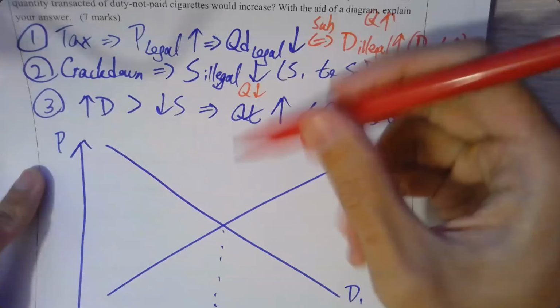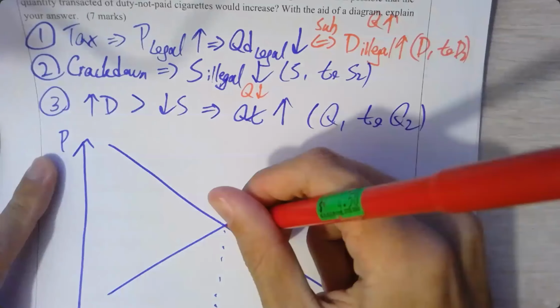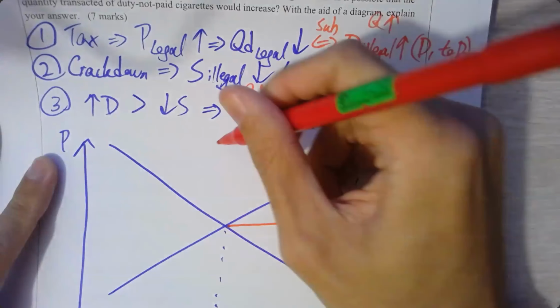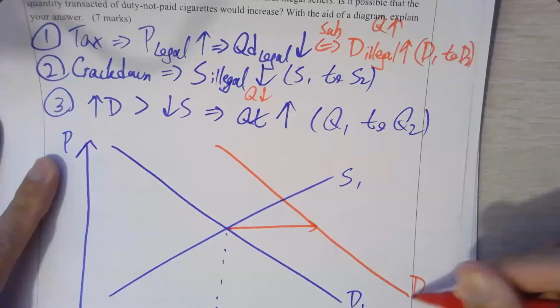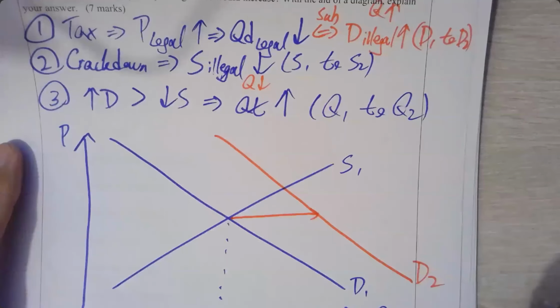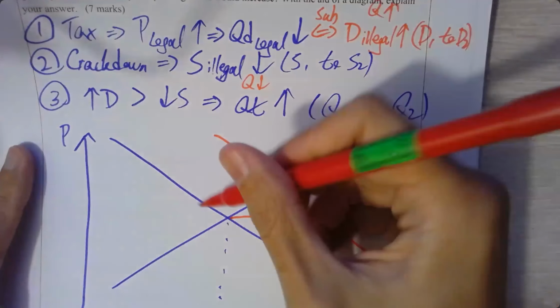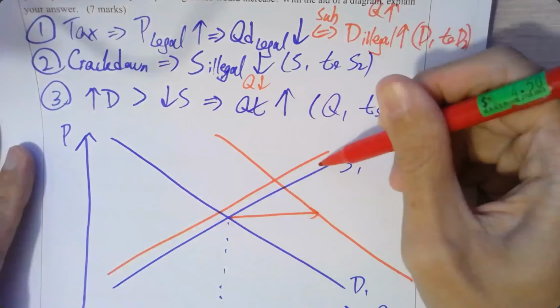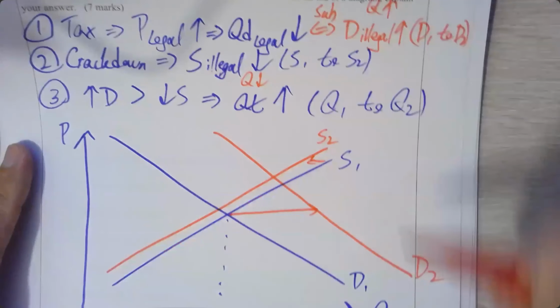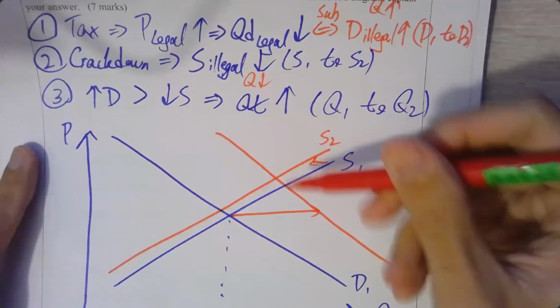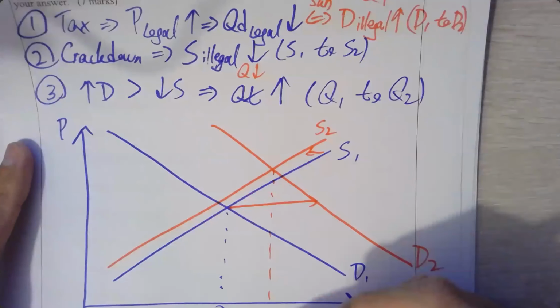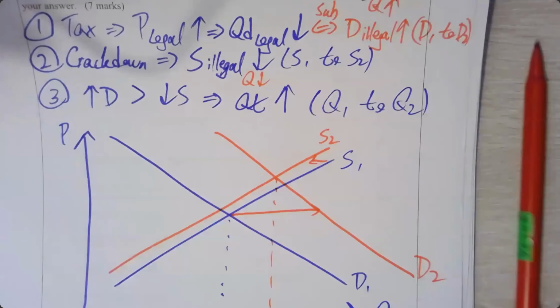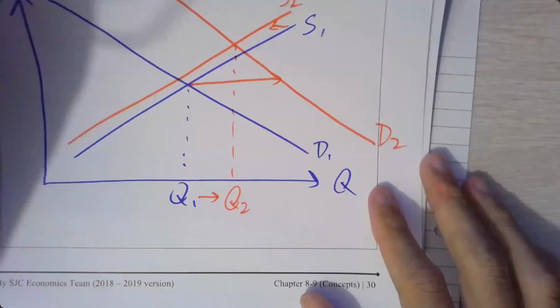Therefore, let's do a very exaggerated increase. 哇，升咁多。Demand shifts all the way to here, while supply shifts a little bit to the left. S2. So let's see the new quantity Q2. Oh, bingo, 搞掂，中咗啦，係咪？